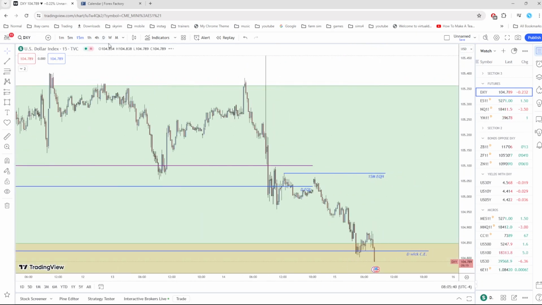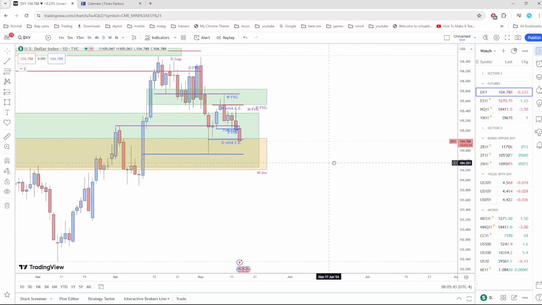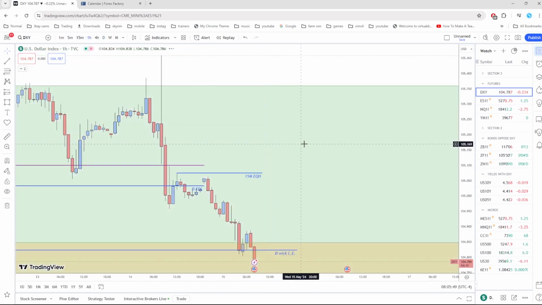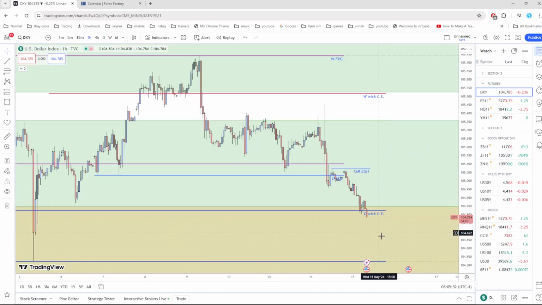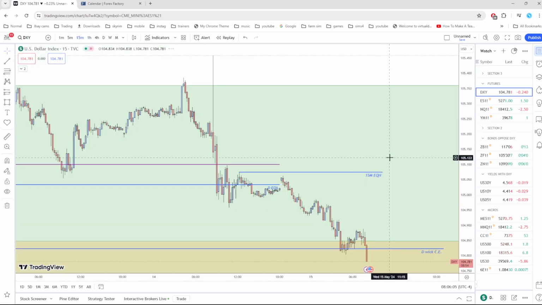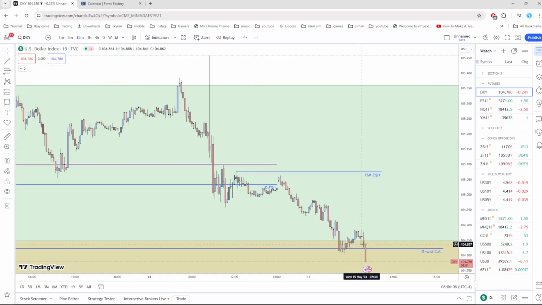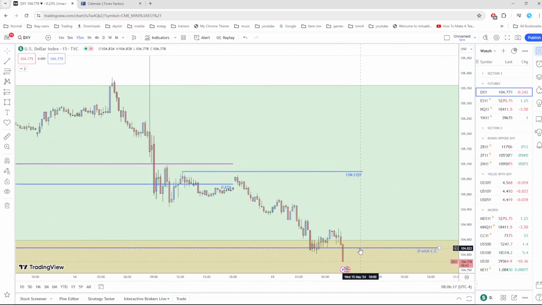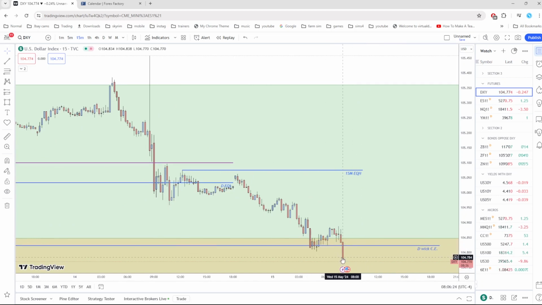However, if the dollar index can pose a solid closure below this daily week consequent encroachments. And this could be on the basis of a close. It's going to have to be on the basis of a 15-minute closure. Could even be a 1 hour closure, but preferably it would be a 15-minute candle closure. And we could see some sort of a gap form over here, and price come back into this gap, and then from that point on, we would have to be focusing on that gap